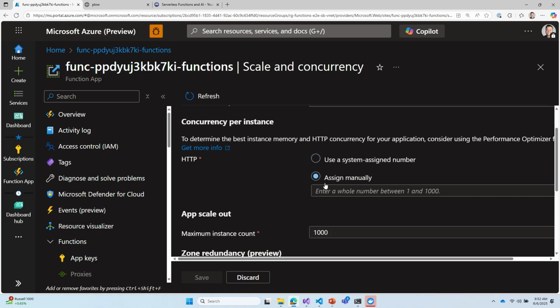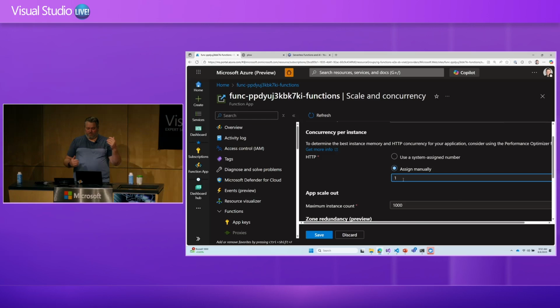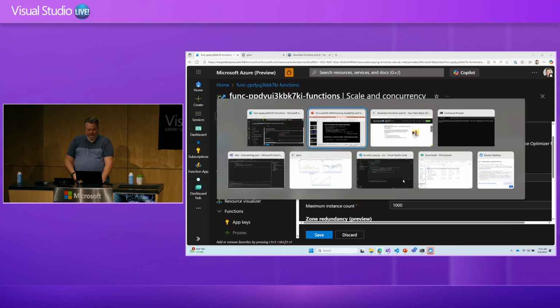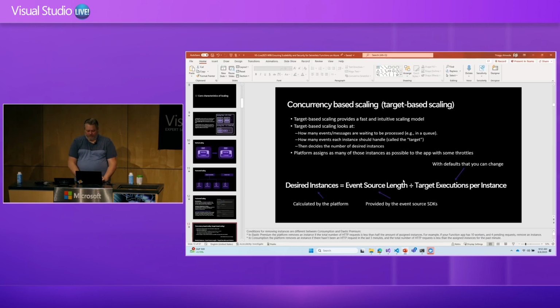But you can definitely change this to say, hey, I want it to be 1. In my Flex Consumption app, if I get 10 HTTP calls, it'll scale out to 10 if it needs to. If the first one didn't process fast enough and there's still executions pending, it'll keep scaling out, right? So that's where you would change it for Flex Consumption in HTTP.